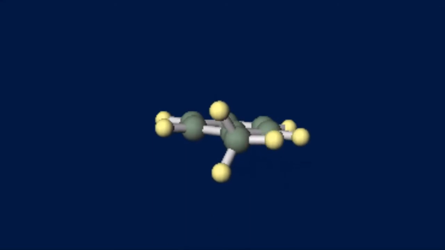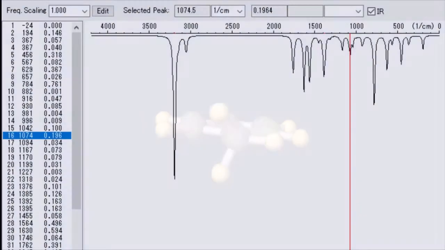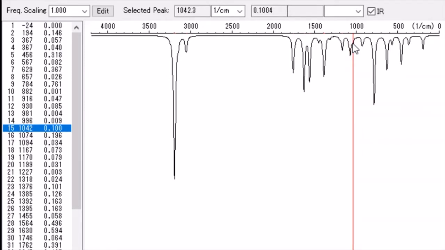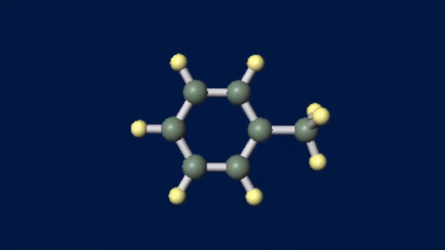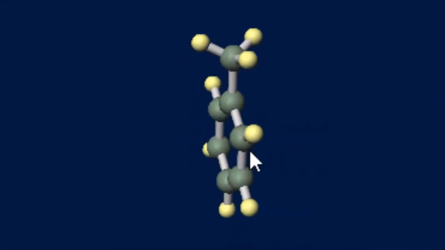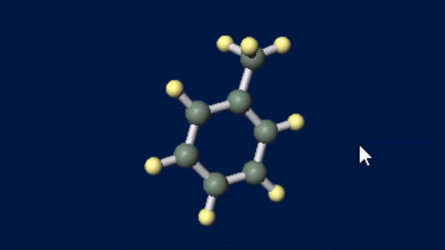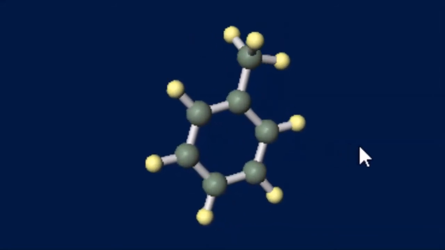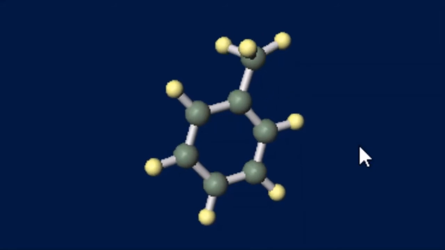Now let us look into another peak. Shall we see this peak? Just adjacent to that, what kind of vibration is this? Let us animate and see how it vibrates. Right, we can see here, this is another vibration, it corresponds to that peak. We shall visualize it in another direction. This is also another bending vibration.